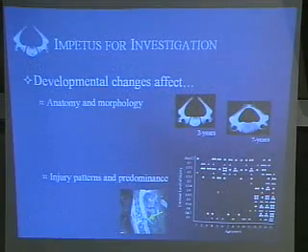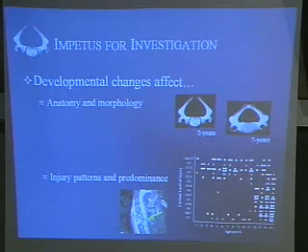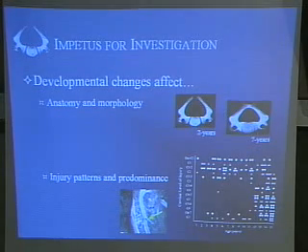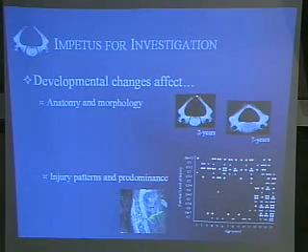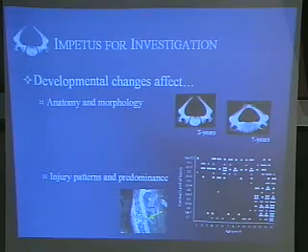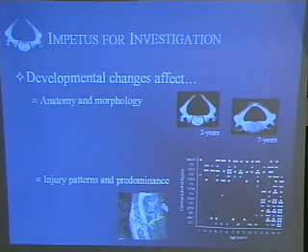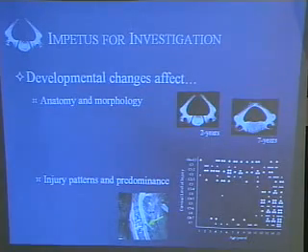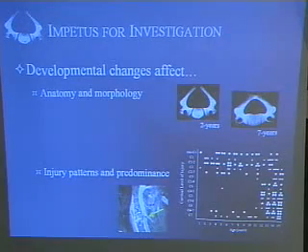So, quick impetus for our investigation. Why are we looking at pediatric injuries, or why are we looking at how the spine develops? Well, a brief look into the anatomy. This is a cross-section of a 2-year-old spine. If this were an adult spine, it would be a complete ring of bone. However, in the 2-year-old, there are synchondroses here, which are cartilaginous in nature and allow movement between these relative bones of the 2-year-old vertebral body.